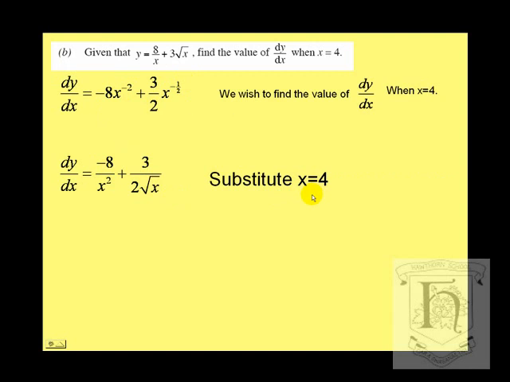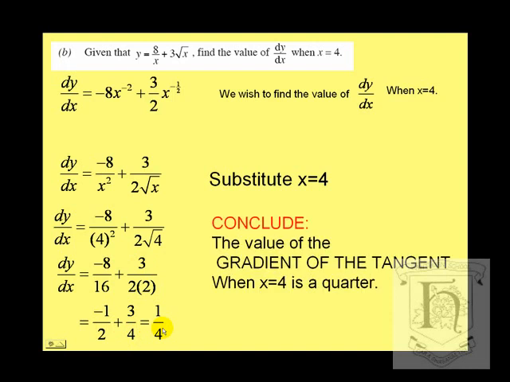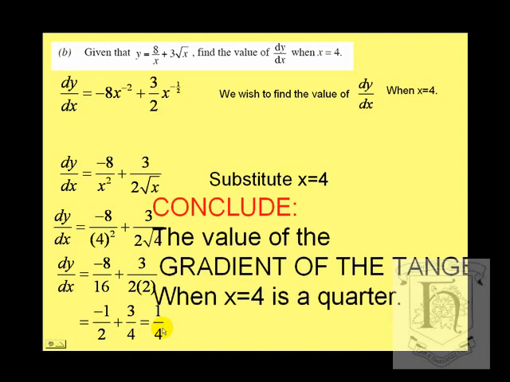So on the denominator, 4 squared, root 4, 4 squared is 16, root 4 is 2. Minus 8 over 16 is minus a half, and 3 over 2 times 2 is 3 over 4. Minus a half plus 3/4 is a quarter. What we've now done is we've differentiated and substituted x equals 4. We have found the value of the gradient of the tangent to the curve when x equals 4, and this value is